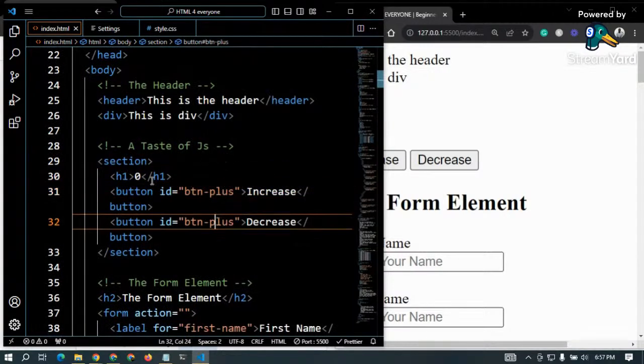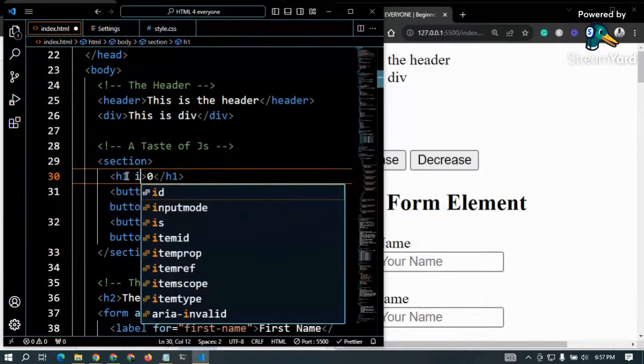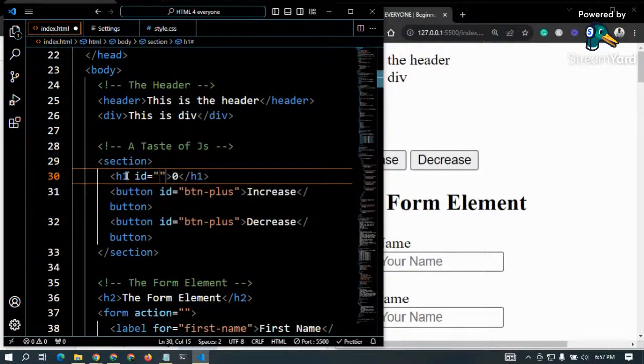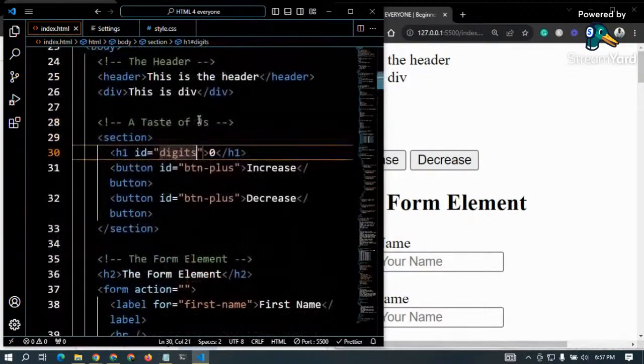BTM plus. Okay. So I need to add an ID for this one. Let me say the digits. Okay. So I can come to